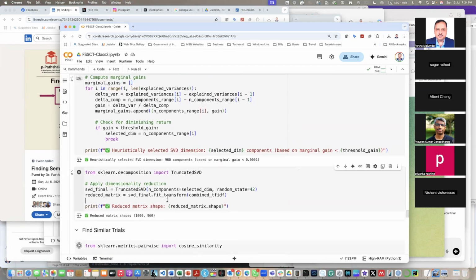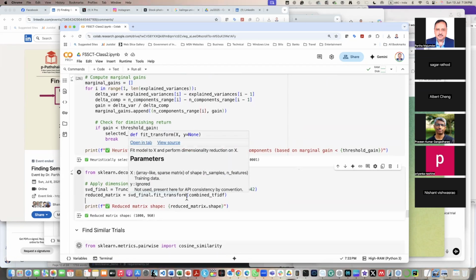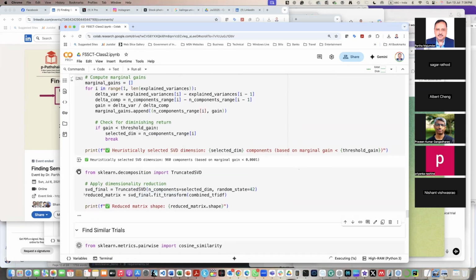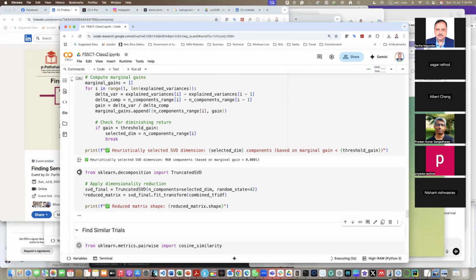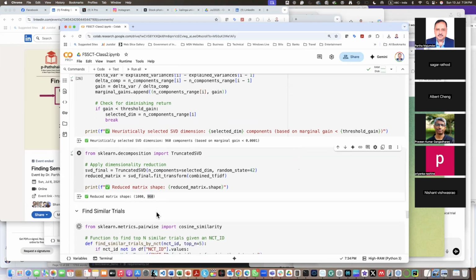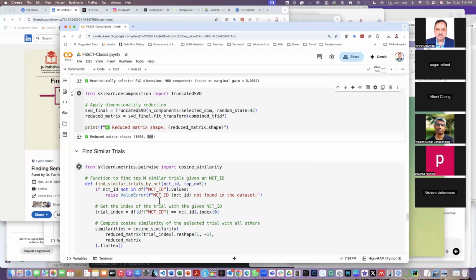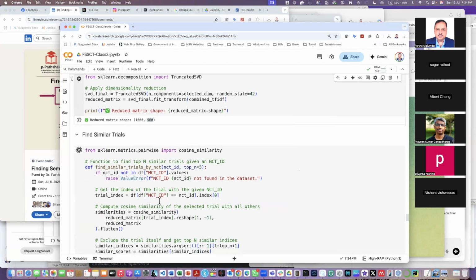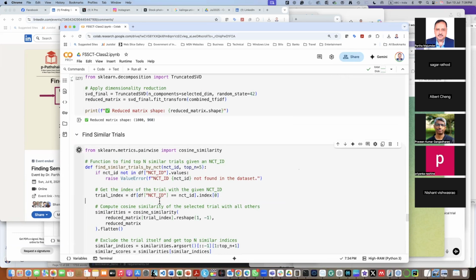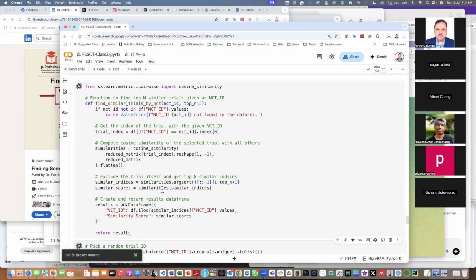So I reduce my data set to this many components by applying SVD. Now I have 1000 records and each record has 960 components. Then I apply the same technique of finding similar clinical trials. Only thing is now the vectors are bigger. So if I do this,